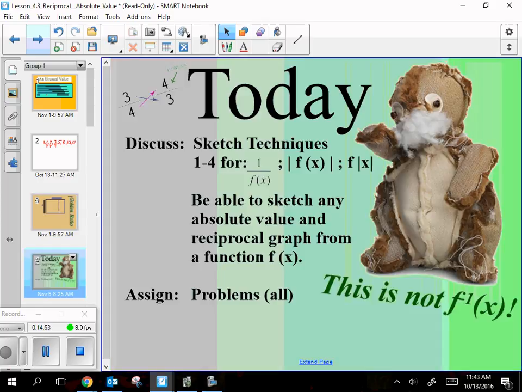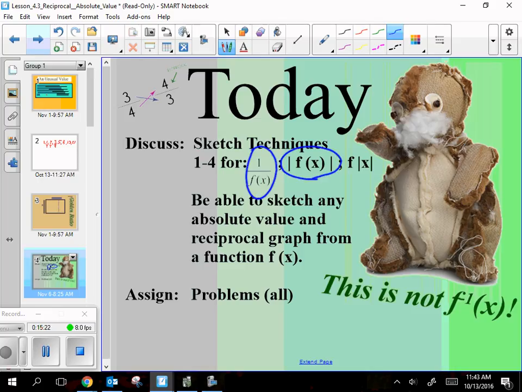So here is our inverse teddy bear, because we're doing an inverse of a function today. And so that's what 1 over a teddy bear would look like. I know that's a little sick and twisted. I get that. But no teddy bears were actually harmed in the creating of this picture. They put him back together, and he's in a little teddy bear farm now, and he's just going through counseling. Anyway,